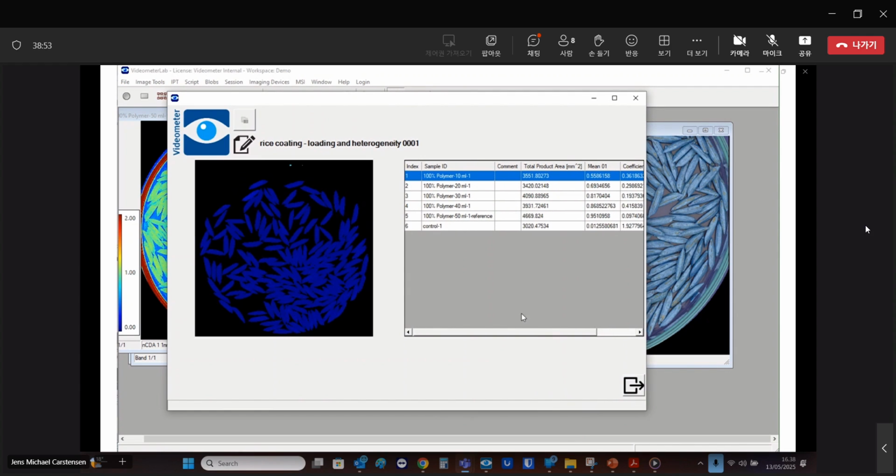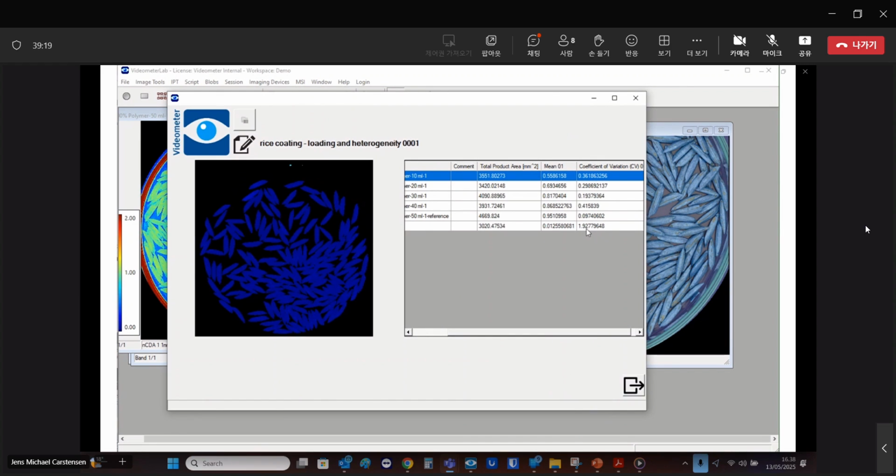So we should have an increase in loading here, as we see from 0.55, 0.69, 0.81, 86, 95, and around 0 for the uncoated one, the control one. We could also look at the coefficient of variation, which is quite large for the uncoated one, but this is not relevant. This is because the mean is so low that the variation will look high. But for the coated parts, it will be meaningful, and it will say that